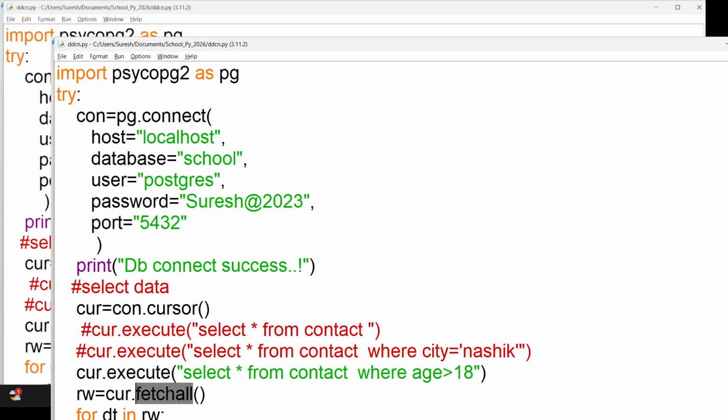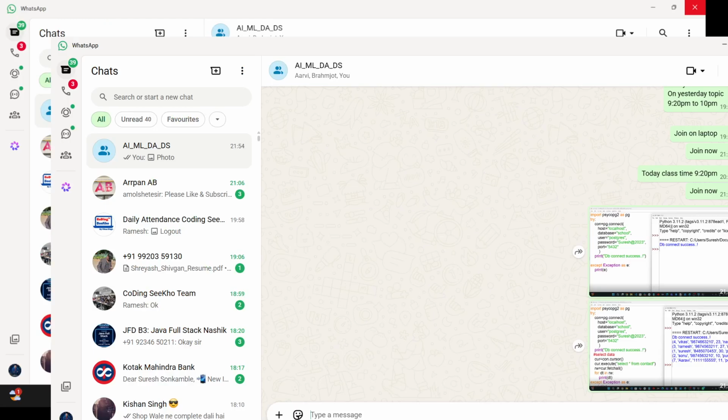Okay. So today's task is, whichever database you have, you add the database name and your password. Firstly, do the connection. Before that, install this module. Okay. And then execute the select. So can you tell me the module name? I'll just send you this code. Already I've sent you. Can you tell the module name for the command prompt?